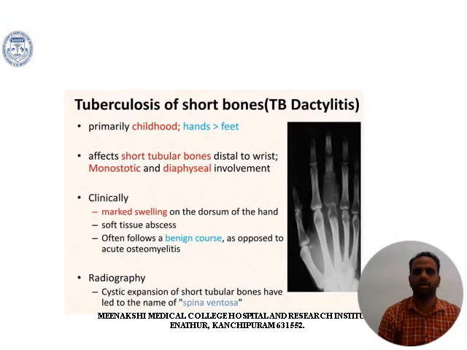Tuberculosis of short bones is called TB dactylitis. Primarily in childhood, the hands are involved more than the feet. Short tubular bones are involved. Marked swelling often follows a benign course. The differential diagnosis would be enchondroma of the